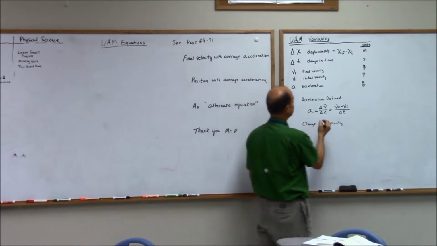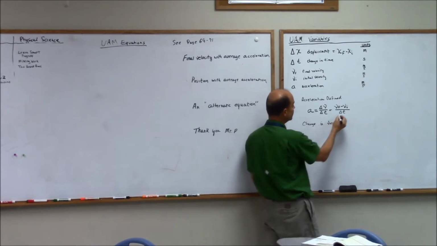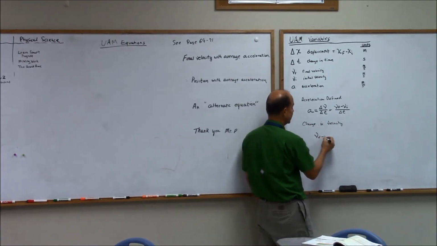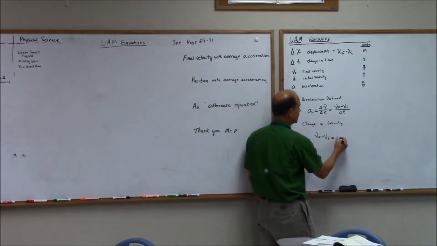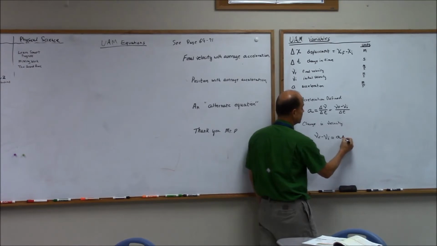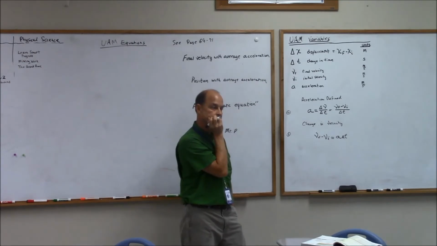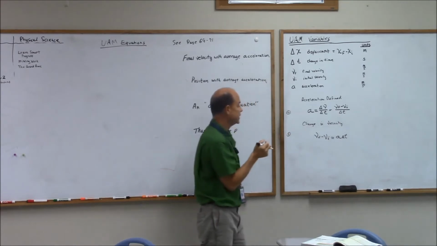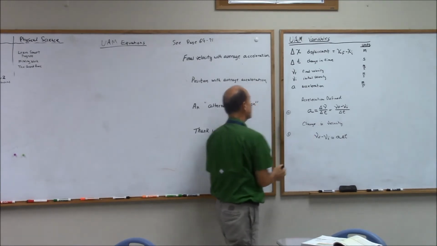If I wanted to, with this working definition of acceleration, now I can do a couple of other things. If I wanted to rewrite this in terms of the change in velocity, then I could rearrange this equation and I could say the final velocity minus the initial velocity is equal to acceleration times the change in time. Could I not? I've just rearranged this equation, multiplying both sides by delta t. And this brings us to our first